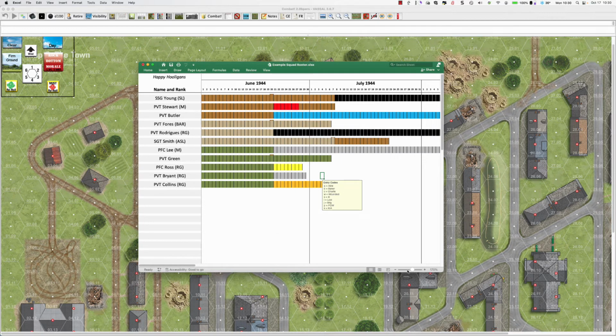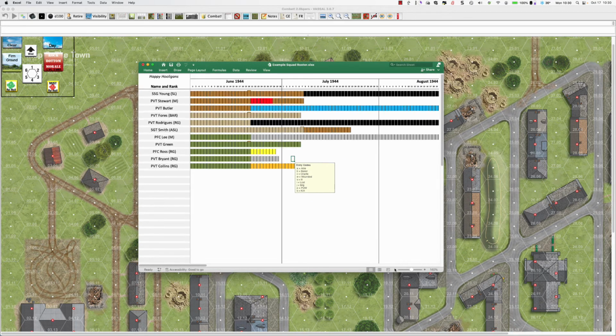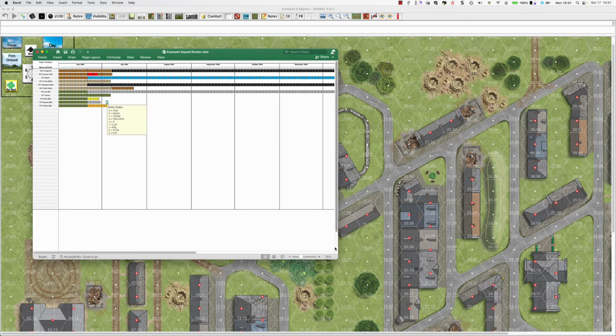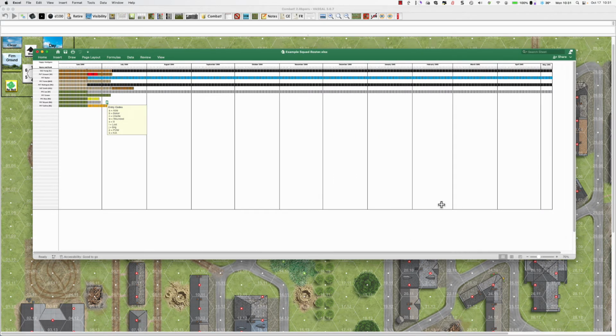Then as you zoom out again, you'll get a panoramic view of your squad's development. Who died when, who's POW, who's MIA, when you have a reinforcement coming in. Say you get a replacement here, well, further down the line. Let's say we get a replacement for Able. They just pick up, and then they can go along until they get wounded, and then their wound gets expanded, and he's back,